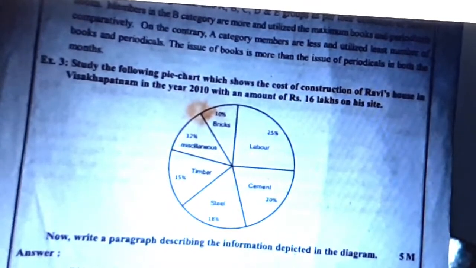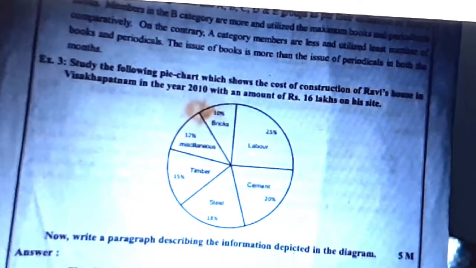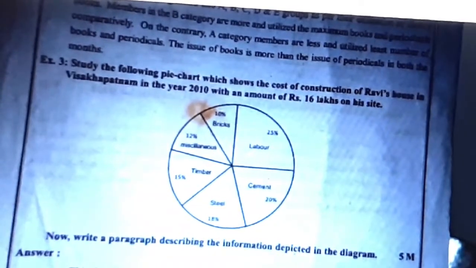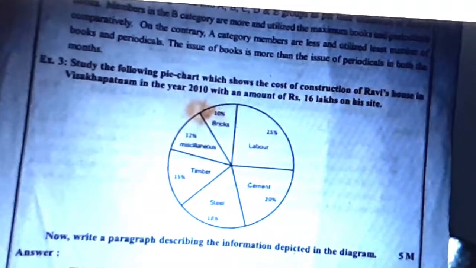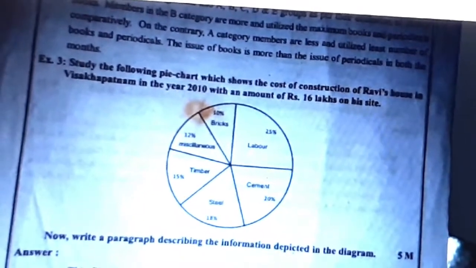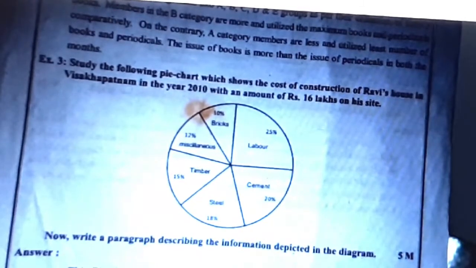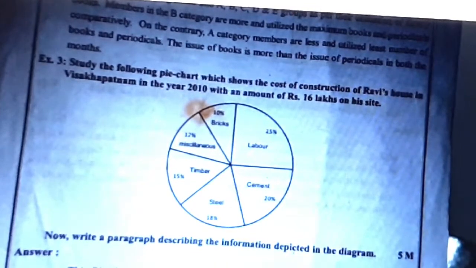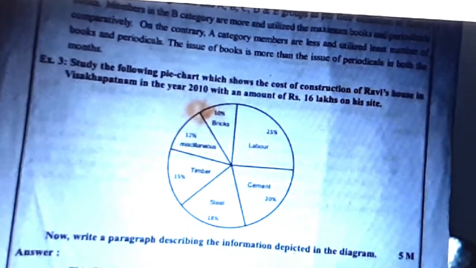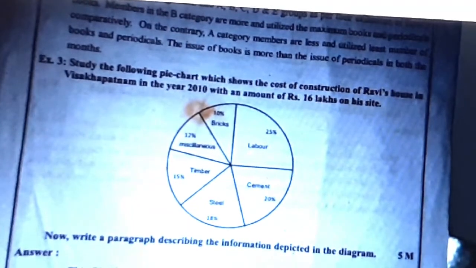In the question itself there will be the name of the diagram. Here it is a pie chart. Write it as the second line. Next, there will be "that" or "which shows" in the question. It relates to the pie chart. Before that, pie chart or bar diagram, anything will be there. Whatever it is, write it as "it shows".